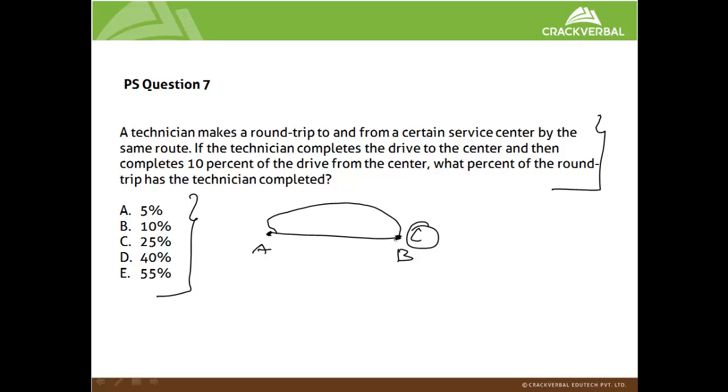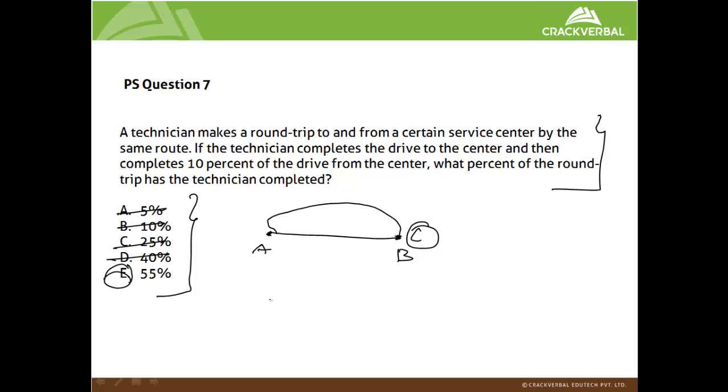And also he didn't stop there. From the 50% he also made another 10%. So the answer has to be more than 50%. The only answer choice which matches that condition would be answer choice E, which is 55%. So you need not worry about solving this question further, but if you look at what technically happens here,